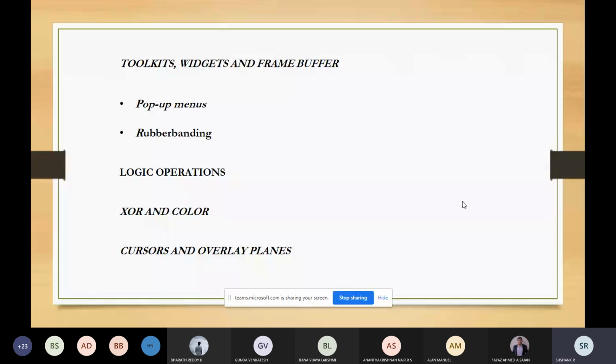So for generating the curved objects, the first thing is you should know how it can be represented, either in the parametric form or non-parametric form. When you're talking about the curve, you should derive the equation for generating the curve. So this equation can be generated in two forms: one is the parametric form and the other one is the non-parametric form.